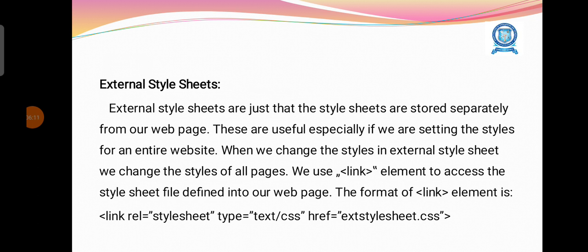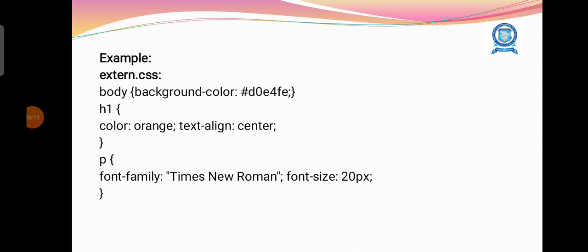With the attribute href, we have to mention our file name, for example, axtstylesheet.css. This is an example coding. This is a file, a separate CSS file, an external file, having defined all the style characteristics, and this is our